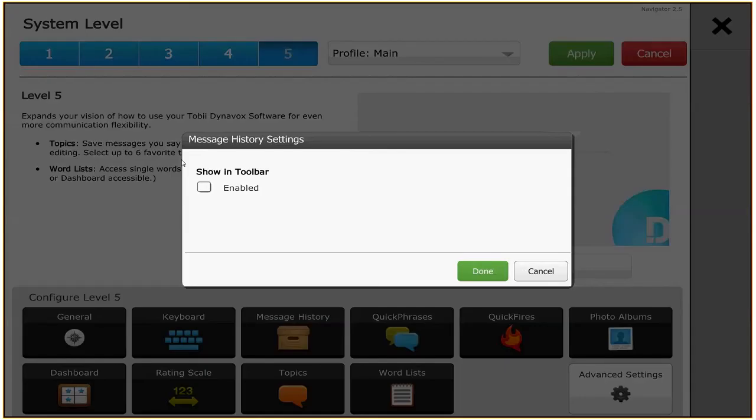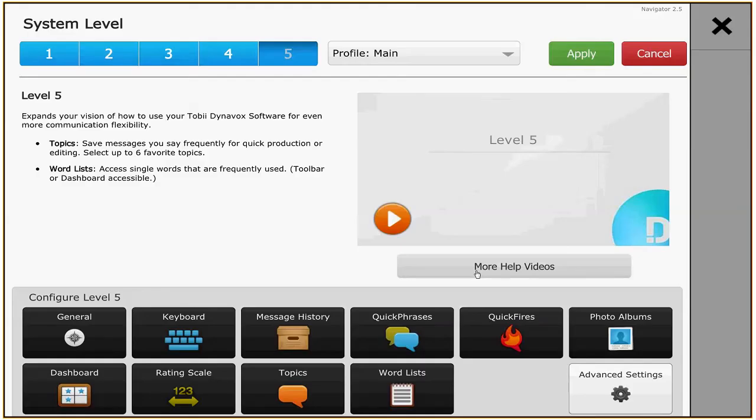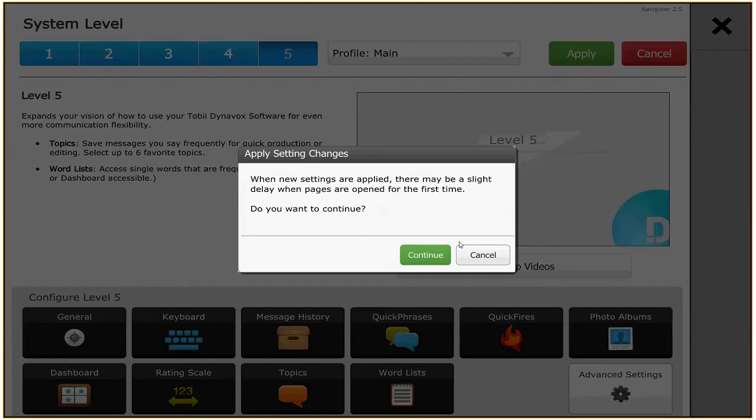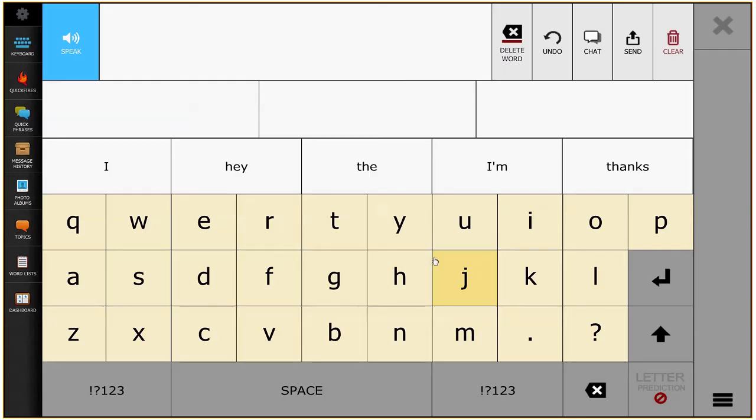I'm actually going to choose enable for our message history as well so you can see everything. After I make all my choices, I'm going to choose apply. So let's just go down the side. Here's our keyboard where we can type a message